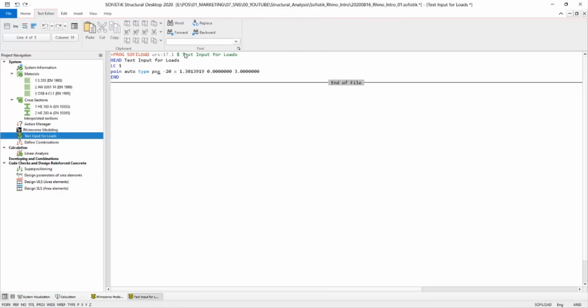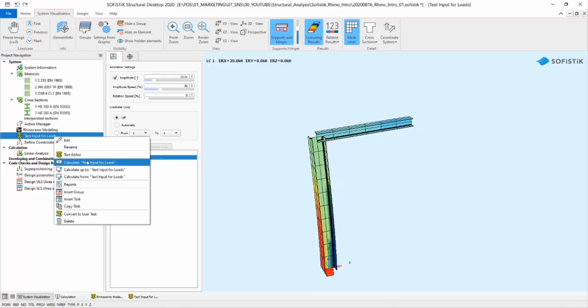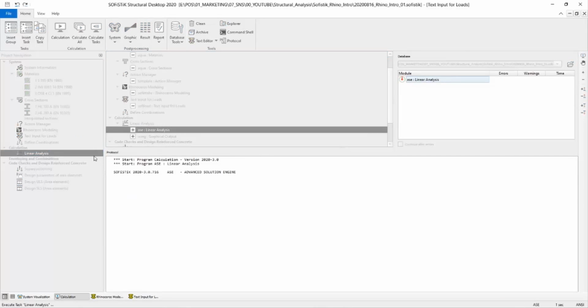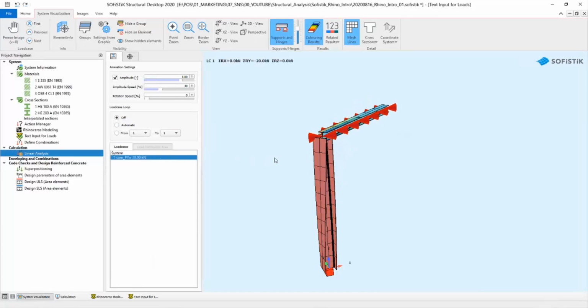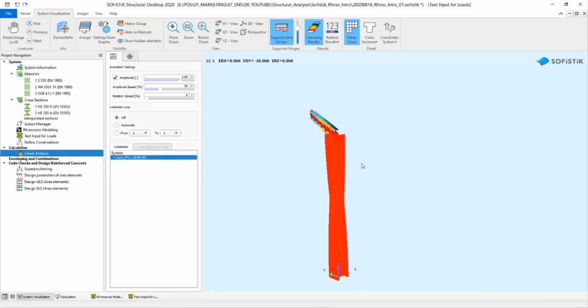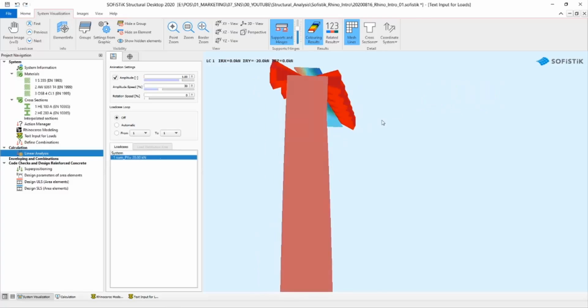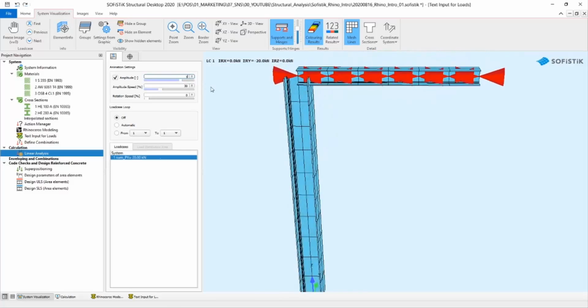Let's try one more time. This time I'm going to define Y, PYY, and instead of minus 20, I'm just going to give 20. Which means we go in the Y direction towards 20 units. Let's calculate, and I'm going to calculate the linear analysis. And as you can see, when I go here, that's the reason why it was giving me the error, because there's a structural failure. When you see the animation here,